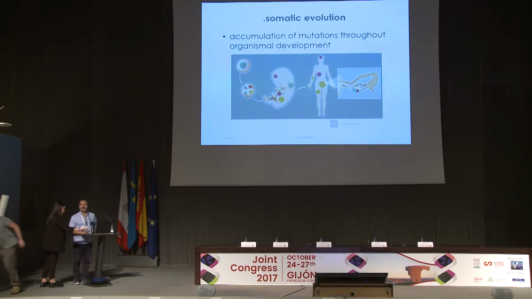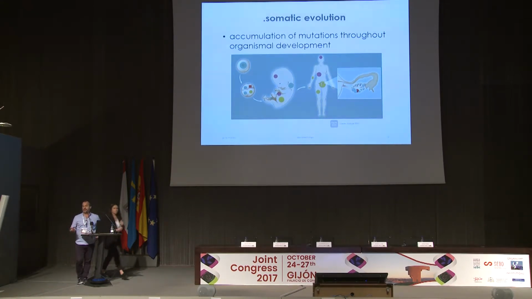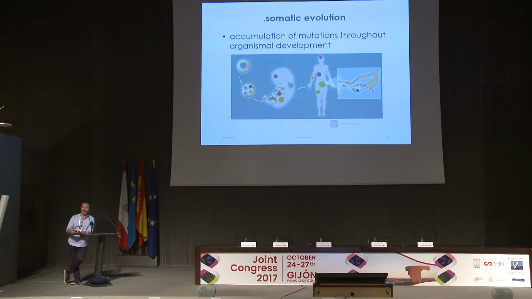So basically, most research in evolution has been in germline evolution. It's about descent, families, individuals, through generations. But indeed, there is a process of evolution that is happening inside each body, and that is called somatic evolution. You can think that in every mitosis there is some mistake. So on tumors, we believe that the average number of errors in a single mitosis is 1 to 3 mutations. So we will not have any identical cell in the body, okay, at the whole genome level. So we do have different mutations and different genomes in different parts of the body and different cells.